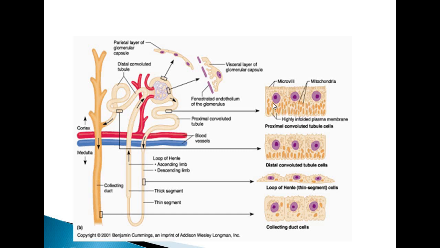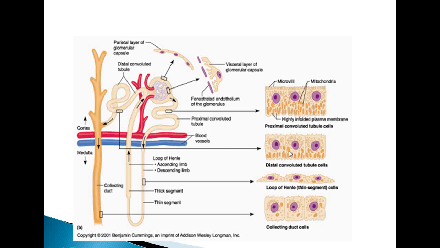The proximal convoluted tubule is simple cuboidal to simple columnar in appearance. The nucleus is present at the basal position, and there are microvilli forming the brush border. The basal region shows cytoplasmic infoldings with an arrangement of mitochondria. In the distal convoluted tubule, the lining epithelium is simple cuboidal epithelium with the absence of a brush border.